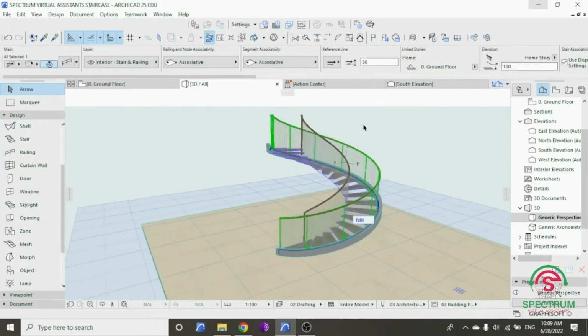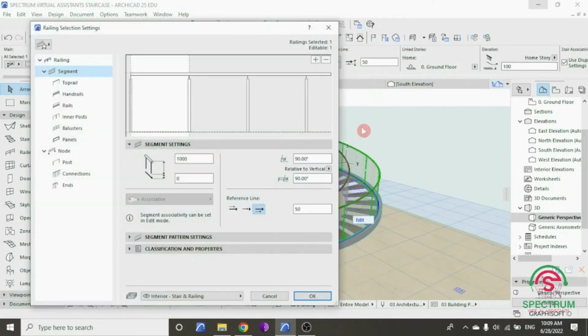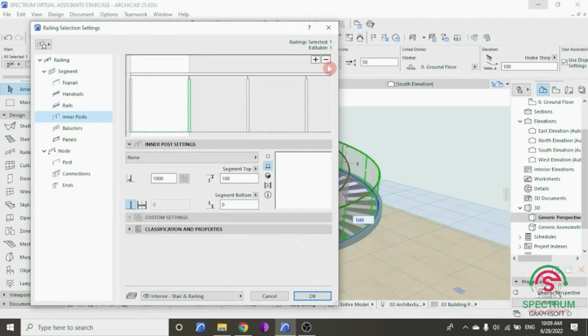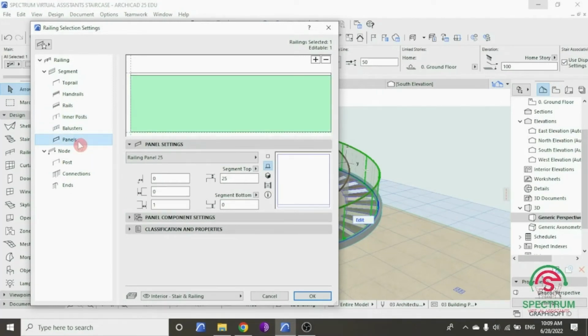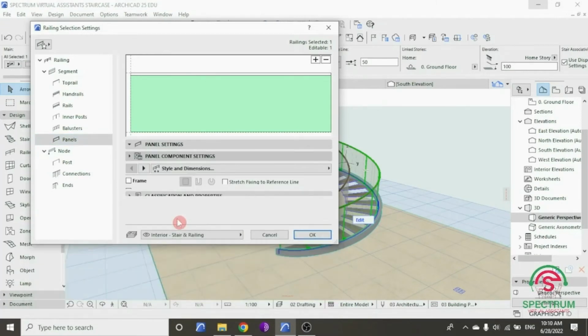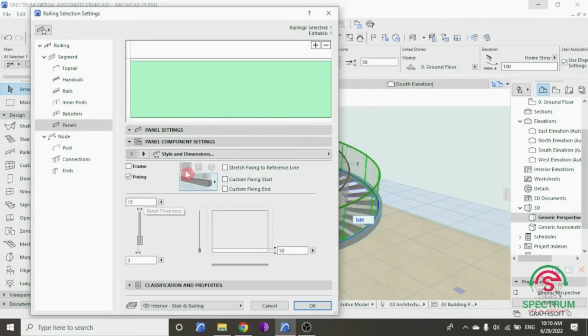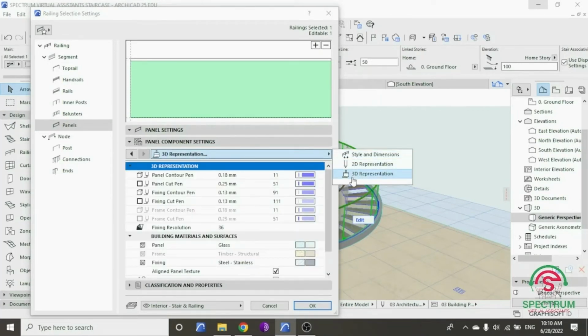Let's continue editing that railing. Under segment, let's enter settings, but let's begin with the inner post. Remove the inner post. For the panel, click on panel. Under panel component setting, click on style add dimension. Select 3D representation. Under building materials and surfaces,